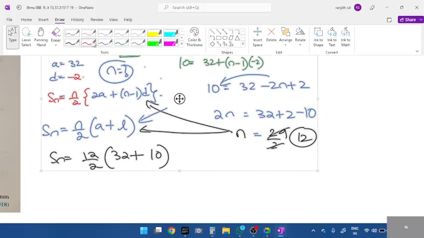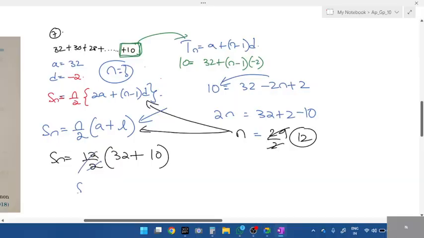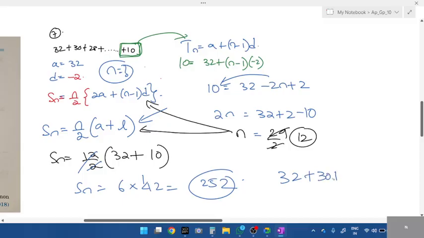Yes, tell me what's the answer, students? 6 into 12, 20. What's the answer? 252. Okay, so what pattern is this following? Can you tell me this question? 32 plus 30 plus 28. What will be the other number? Can you see the pattern, students? How many numbers is it decreasing by? After 28, what should be the next one? 28 minus 2 is, you should have got